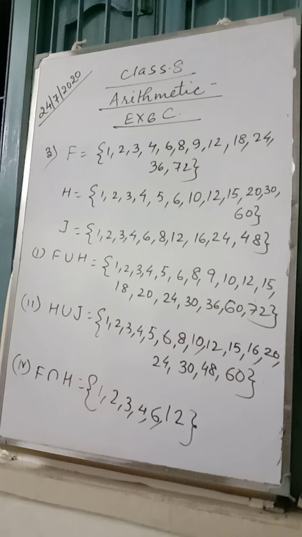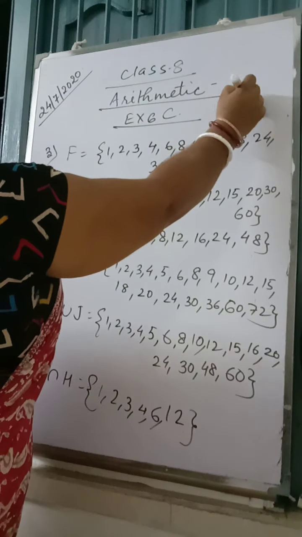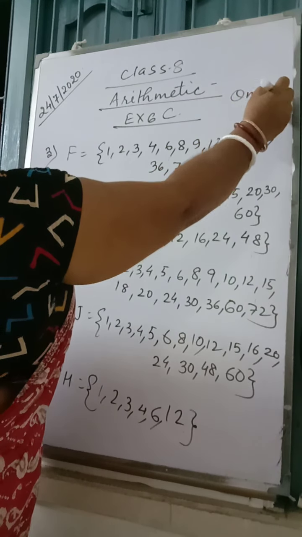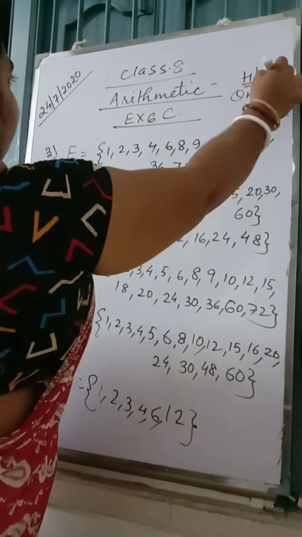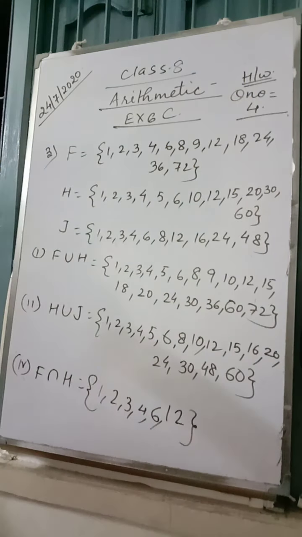Then question number 4. I'm not going to say anything, you have to do it. Question number 4 is homework. This set you just have to match and write here. So kindly do not wait for the next class. Ma'am will do it, then we'll do it, no. You must start doing it. So question number 4 is homework. You have to complete this leftover 3 sums, and question number 4.